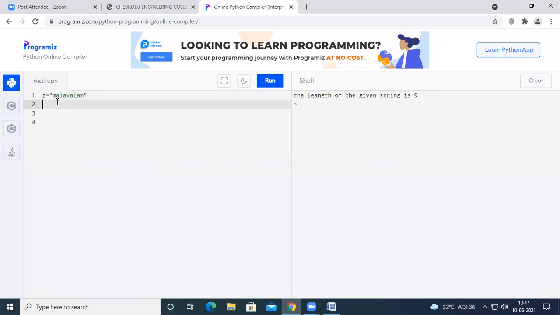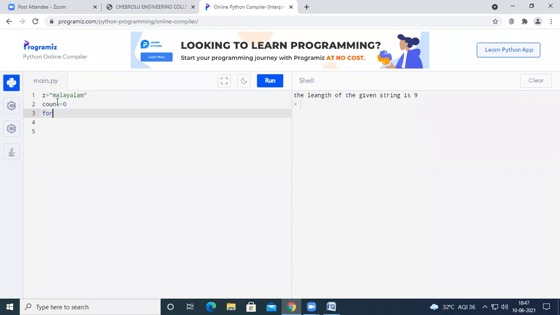For example, I have taken a variable count equal to 0, and z equal to Malayalam. Now I want to find the length of the given string without using the built-in len function in Python.